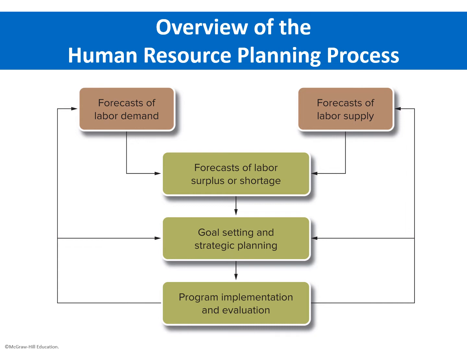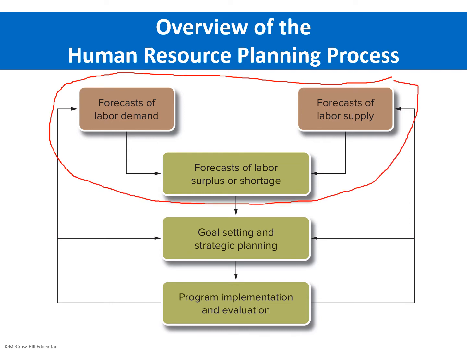Now this here is an overview of the human resource planning process. Everything that's inside of this red circle that I'm drawing right now is the first stage in the process, what we refer to as forecasting. As you can see on this model, how we forecast is going to impact the second stage because it's going to impact how we plan, and then that's going to impact how we implement our plan. So recognizing that stage one is going to impact stage two and then stage three, it's very important that we have a good, strong understanding of forecasting. So we're going to break down forecasting in a little more detail.